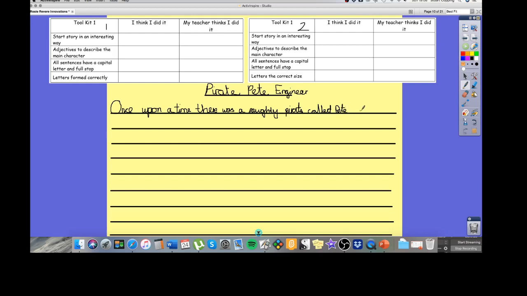Okay. And he wanted to be, I could put a full stop in there and say he wanted to be an engineer. Let's do that. Full stop. He wanted, or he dreamed, actually. It was dreamed in the story. So let's get rid of wanted and put dreamed. He dreamed of being